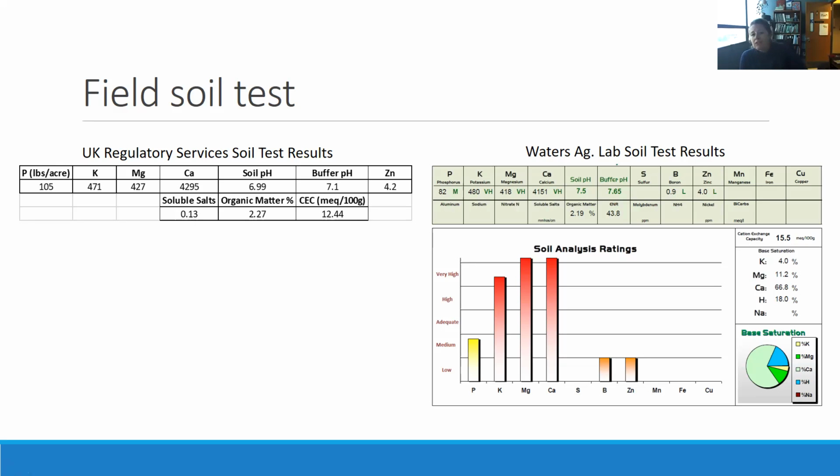And so as long as you're consistent with your lab, so submitting a sample to the same lab year after year, is important for comparison's sake. And so you can keep your records straight and you can compare, right? Like if you see something off in the report, you can go back and say, okay, I guess it has been creeping up, right? My soil pH has been creeping up every year.